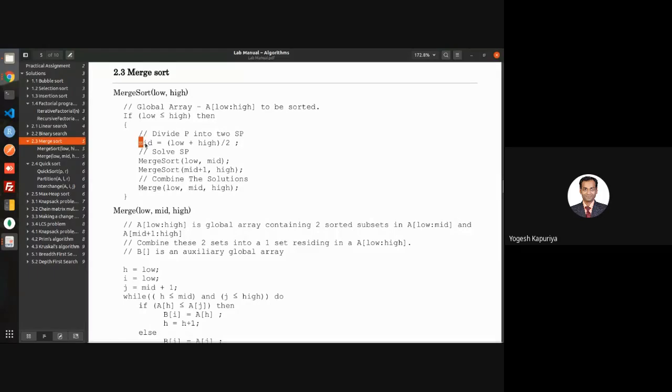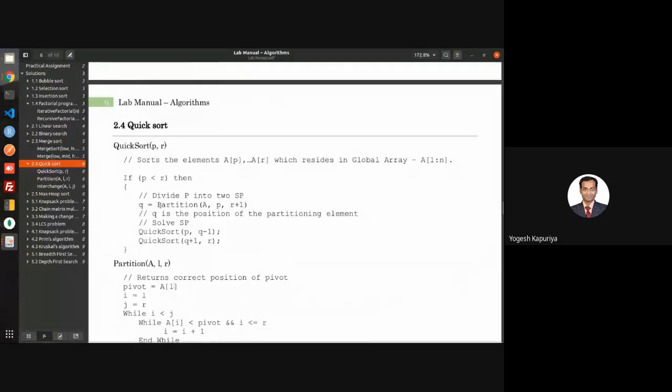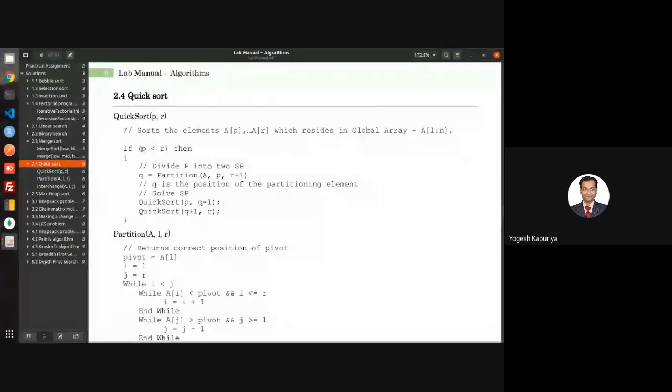But in case of quick sort, you can't have this simplest division. So this is the simplest division, mid equal to low plus high by 2. So instead of the complexity of merging, they have introduced the complexity at partitioning. So instead of the simple division, now you have another algorithm for partition over here. And due to that, you don't require a merge operation. So otherwise, this is same.